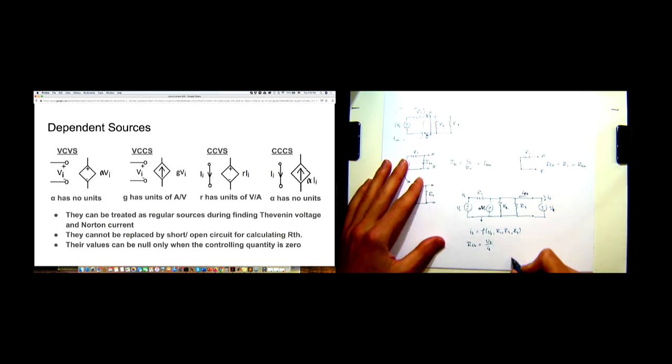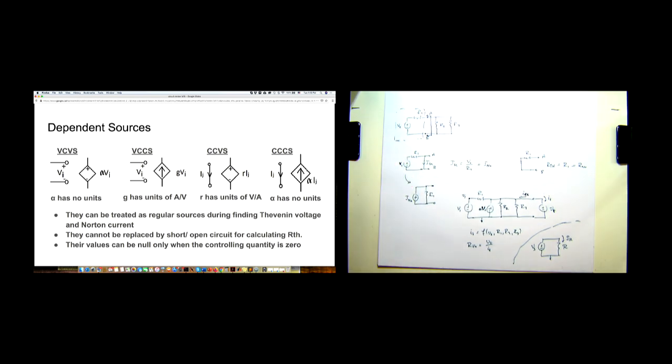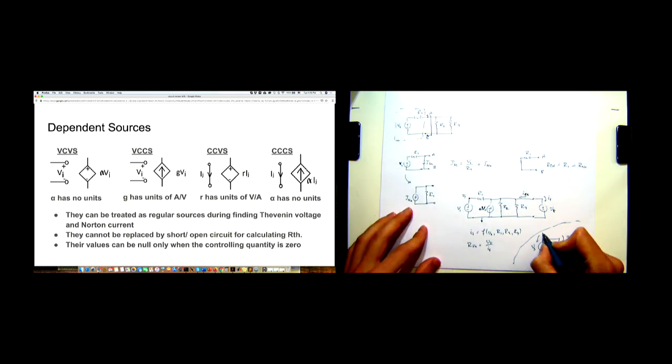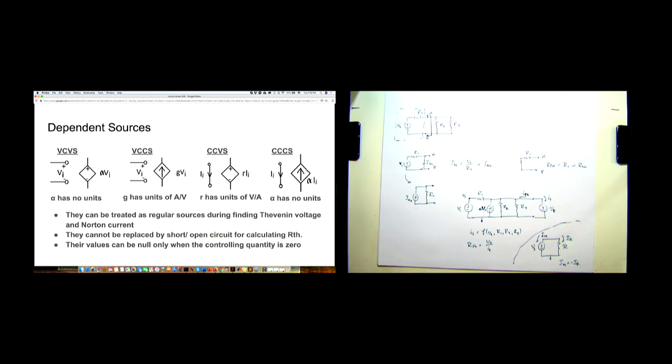So I'll do this little aside. Remember that you might have something like this, right? R, Vs. Your current is going to flow like this, right? It's going opposite to the passive sign convention of the source, but it doesn't mean anything, right? You can pick also IVS going that way, and then IVS is negative IR.